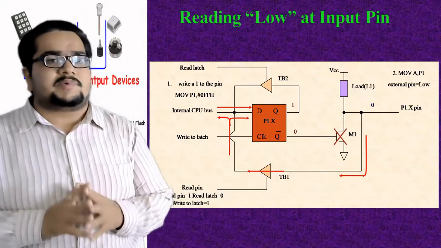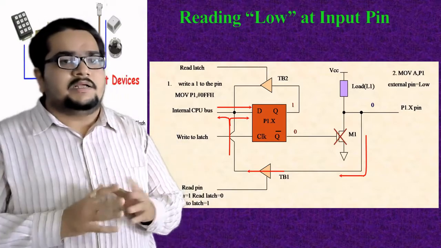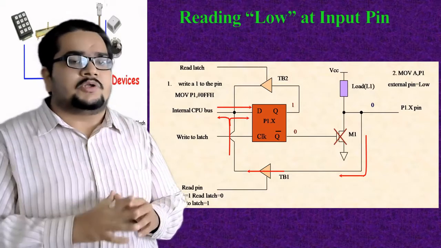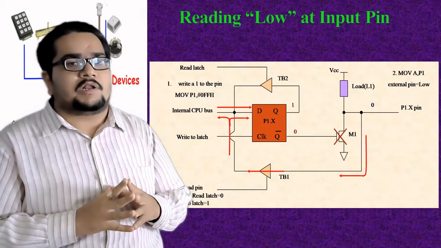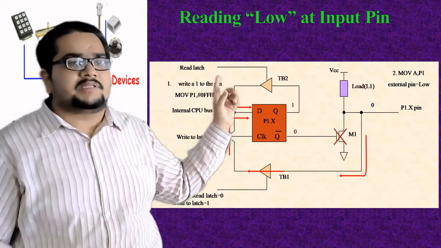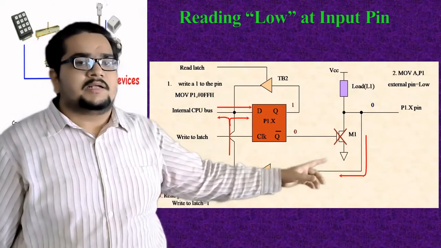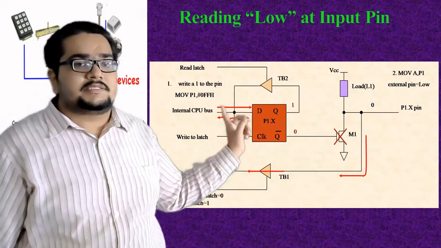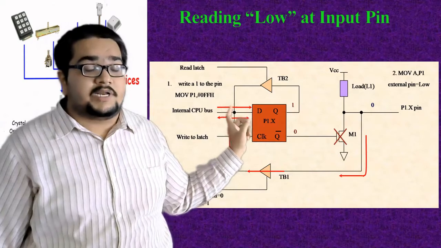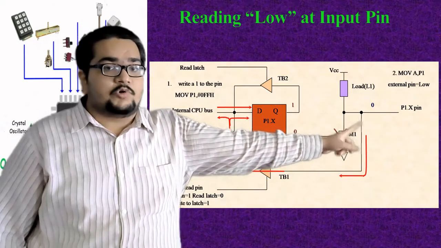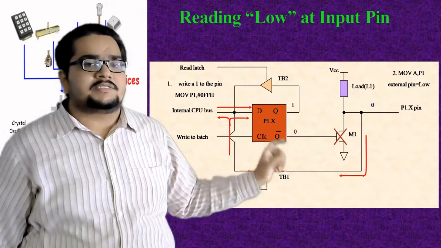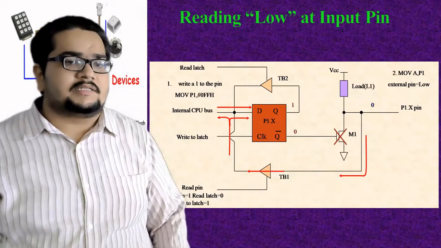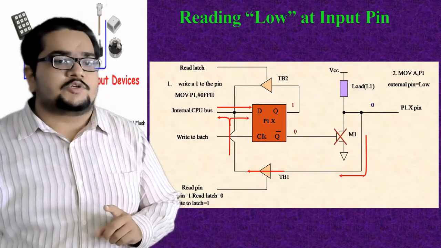Okay, the basic concept is that whenever we are writing, we use this read latch to update that latch for the value we want to write to that port. And when we want to read the particular pin, instead of looping that read latch, we just disable that one, and enable only read pin, which will be high, so the data coming into the D latch, or the updation of the D latch, will be through this input pin. So here we are not writing it, instead we are reading it directly from this. So that is about the read and write signal in the port pins of the 8051.